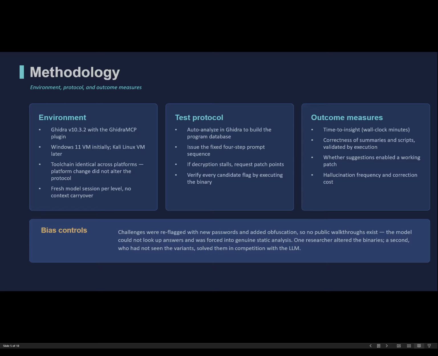Whether the suggestions actually led to a working patch, and the frequency of hallucinations along with how we corrected them. And then I want to draw particular attention to the bias controls at the bottom. This is the first thing that a careful reader would ask about, and so recent Ghidra versions handle simple